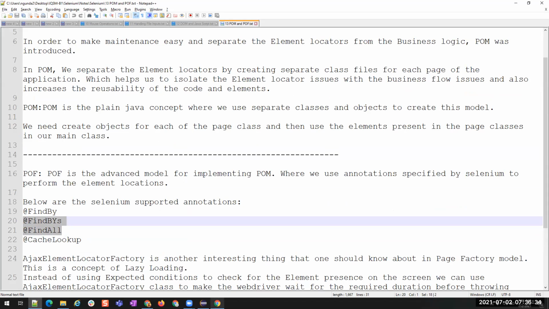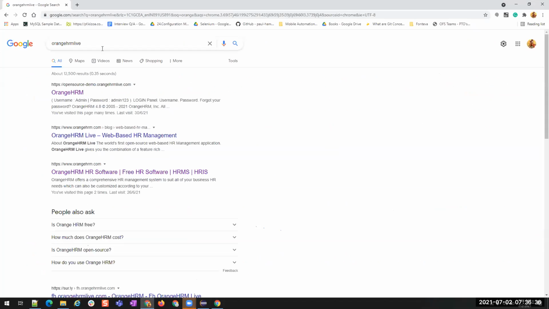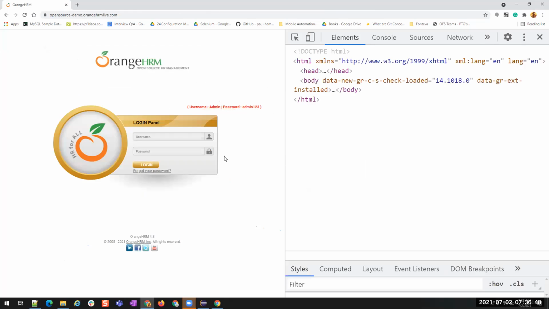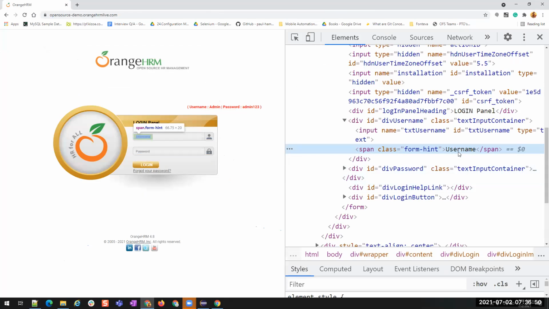For example, now if I go to the OrangeHRM login page, I want to find this username element, but my page has similar elements which have the text username, span text username. For example, let us assume that I have multiple elements which have the text username.